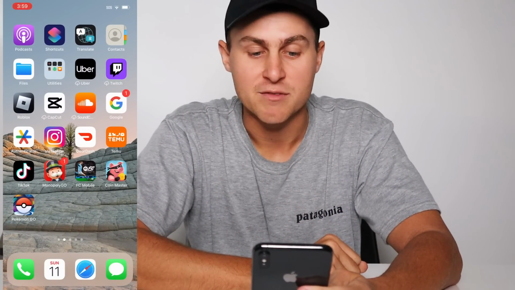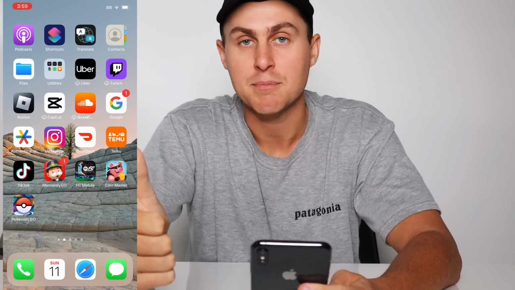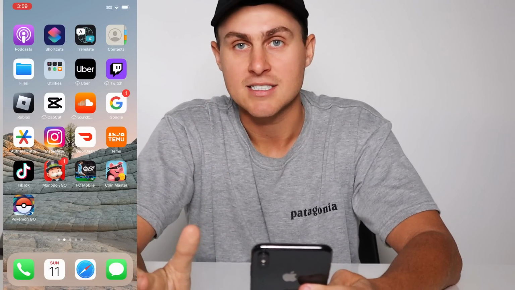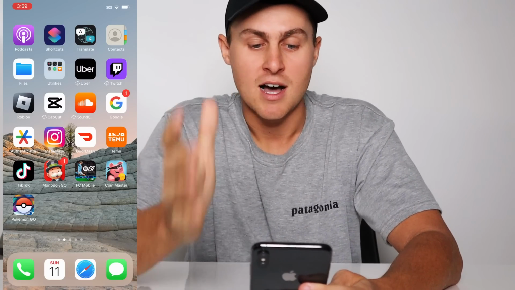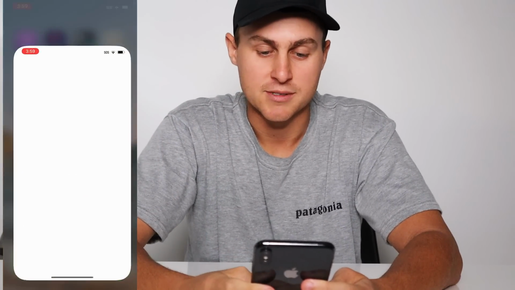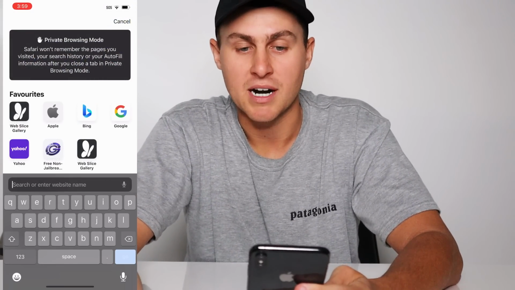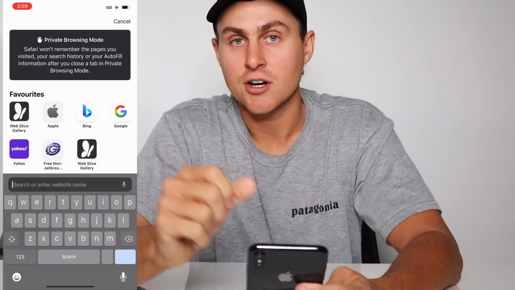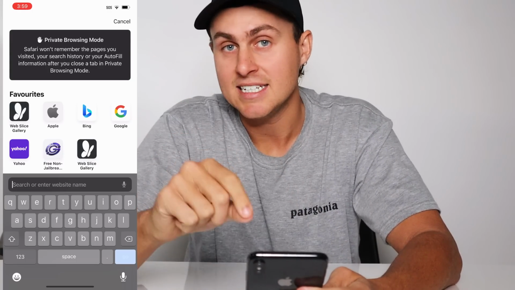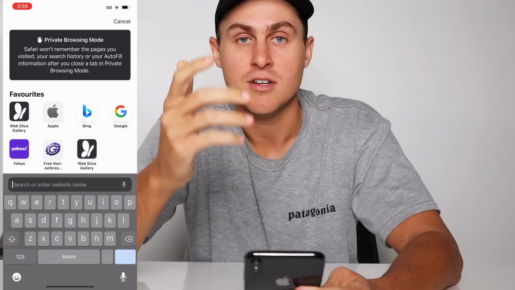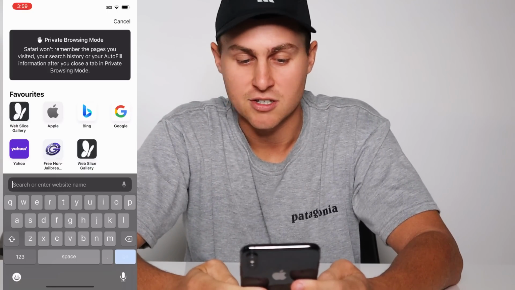So you want to make sure you have Pokemon Go installed from either the Apple Store or Google Play Store. Like I said, this does work on iOS and Android. Once you've done that, we can go ahead and actually do it. So I'm going to come over here to Google, and you can visit whatever browser you want, doesn't really matter. But we're going to go to this website called plugineasy.com. So I'm going to spell it out for you, just follow along, it should be very easy. So type in this,